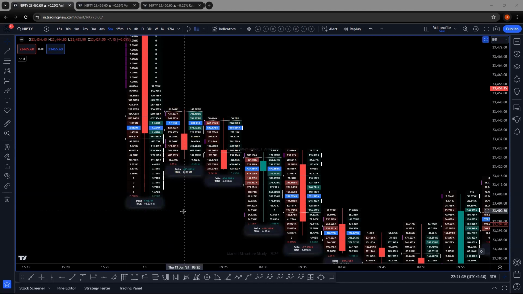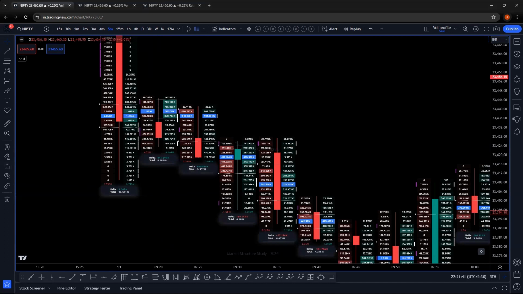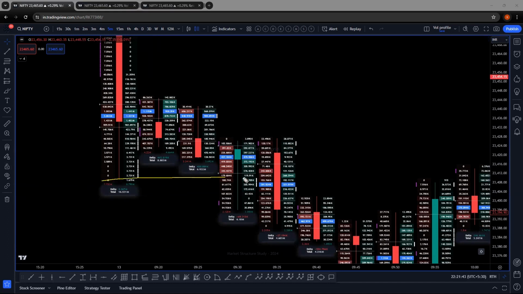So what do they do? One single spike here. What happens here again? This is the new day low at that time, around 9:15, right? The 9:15 candle was the day low. What does the smart money do? They bring in one more drop in the market. One single drop, enough. That's how retail are nowadays. One single drop and a reversal candle.